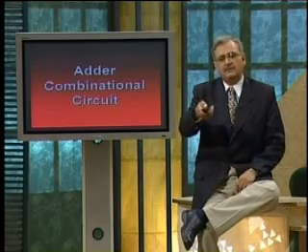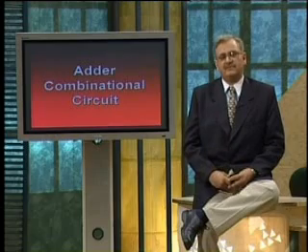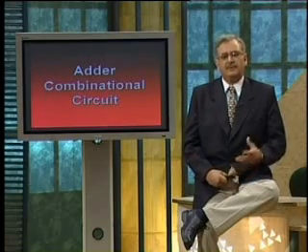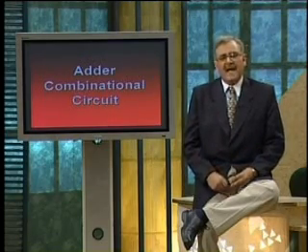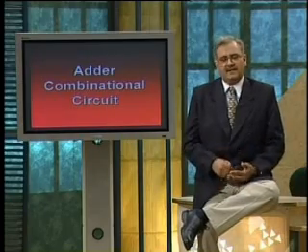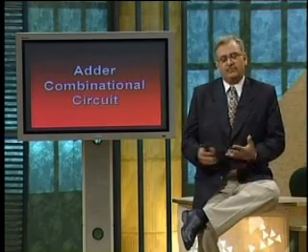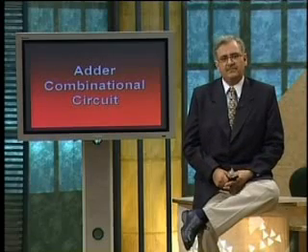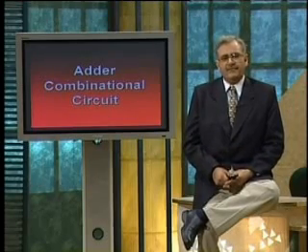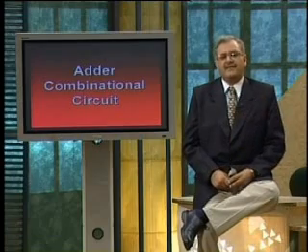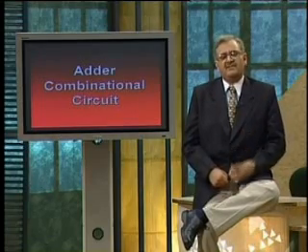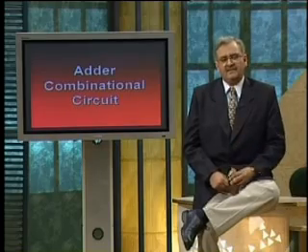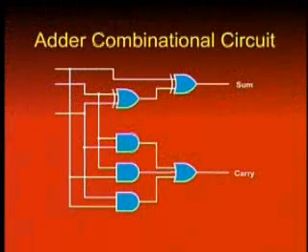Consider the example of an adder combinational circuit. An adder combinational circuit is able to add 2 binary numbers and give an output which is, of course, the sum of 2 binary numbers. The adder circuit uses AND gates, OR gates, and exclusive OR gates. An adder circuit is formed by the combination of AND, OR, and exclusive OR gates and is able to add